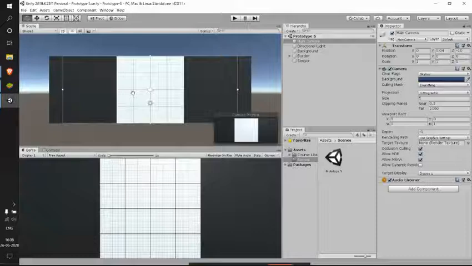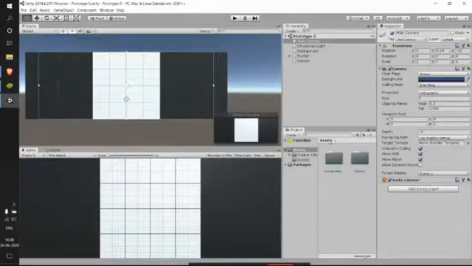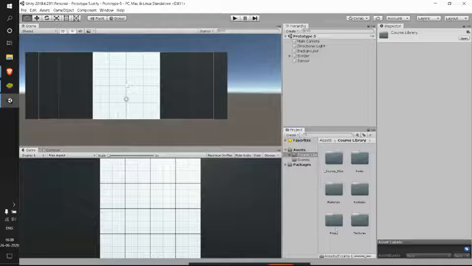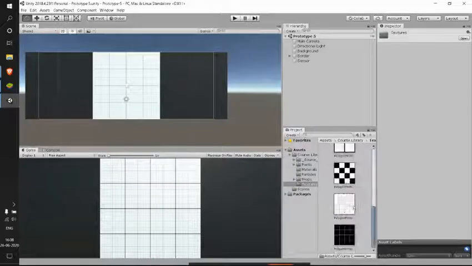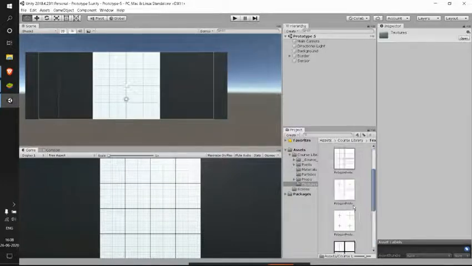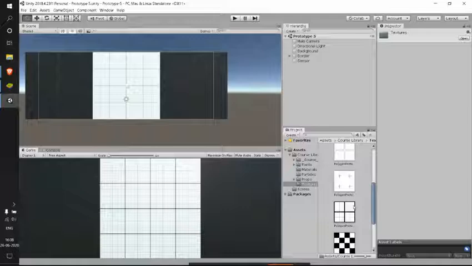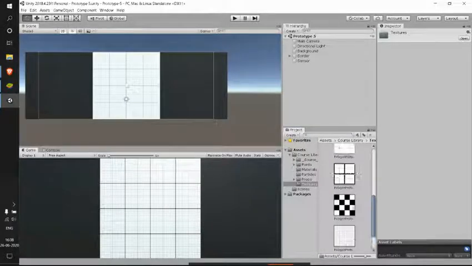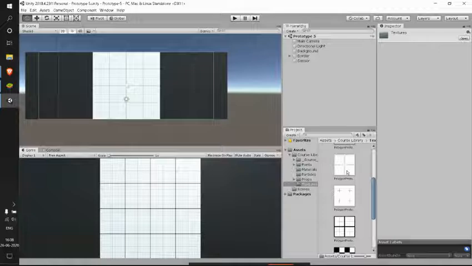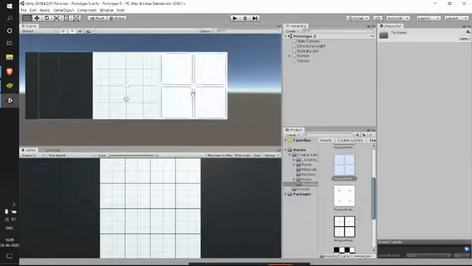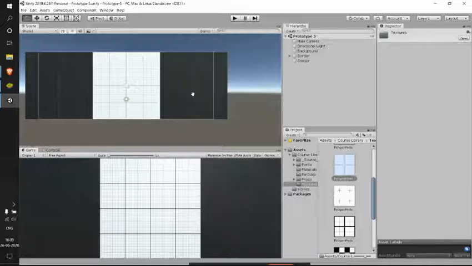So let's just get back to 2D view where we can see things in a better way. And now coming to the way this looks, see, we have a texture applied here and we are able to see black here. If we want, we can change those using any of these textures here. So I like this particular thing, so I'll be leaving this like this.